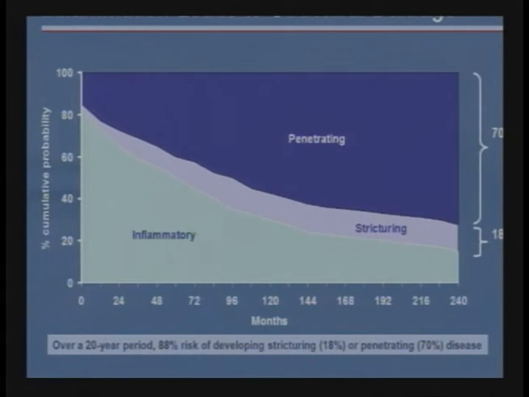But then over time, you can see in this light blue area that less than 20% of patients end up non-strictured, not penetrating, which means the majority of your patients will either stricture or penetrate over time. The question is who? And some people may say, who cares who? If the majority do, just overtreat that small percentage and take the loss. It's not as easy as that, the reality.